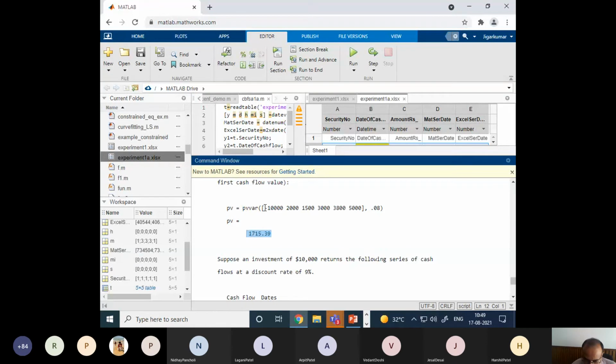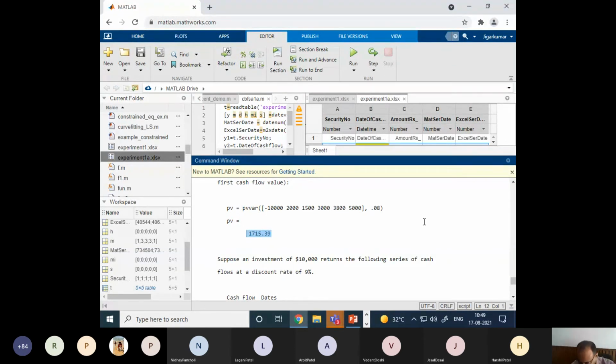So the present value of all this cash flow is how much? 1715.39. So by investing 10,000 and getting this many amounts in future at the end of year 1, year 2, year 3, year 4, year 5 at an 8% rate, the present value of all this is 1715. That is my gain today.